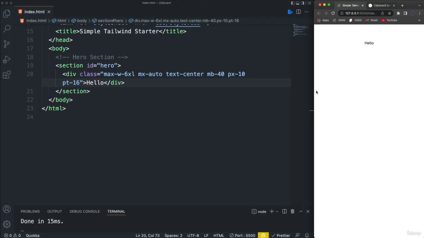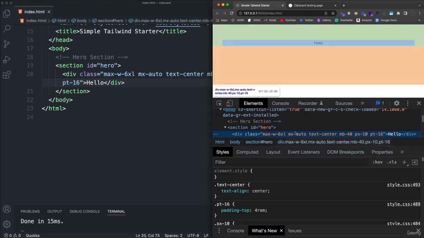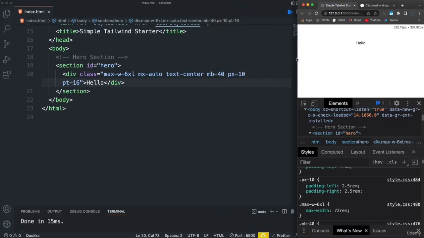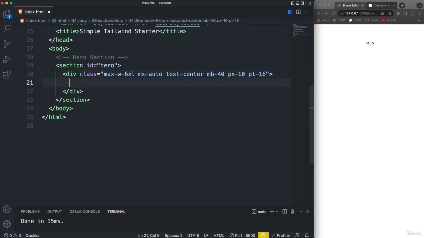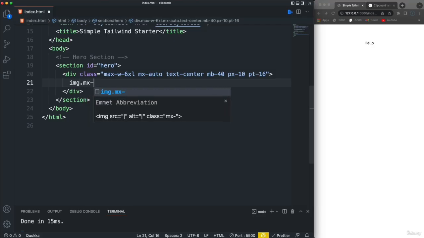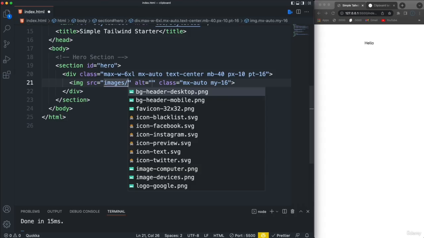And I just want to show you that if we open up our DevTools and go to Elements, the max width 6XL is going to be, let's see, a max width of 72rem. Okay, so it's a fluid layout, meaning it'll adapt to whatever screen size up until 72rem, and that's going to be the max. Now we're going to have our image, the logo image, and we're going to have just a couple classes on this. I want to make sure it's in the middle, so we'll do mx-auto, and let's also do margin on the y-axis 16, and this is going to be in images/